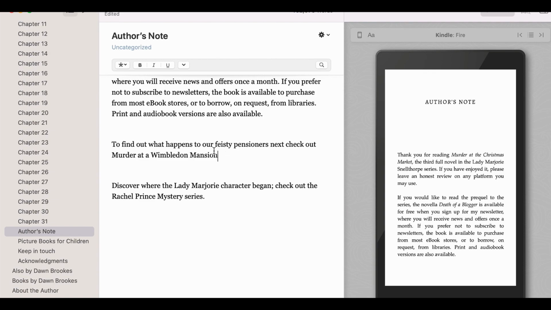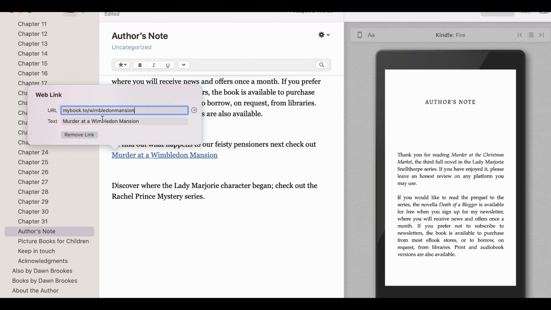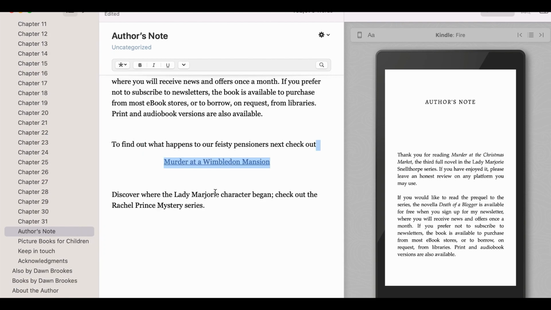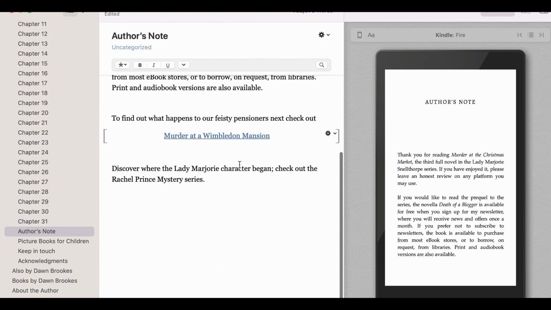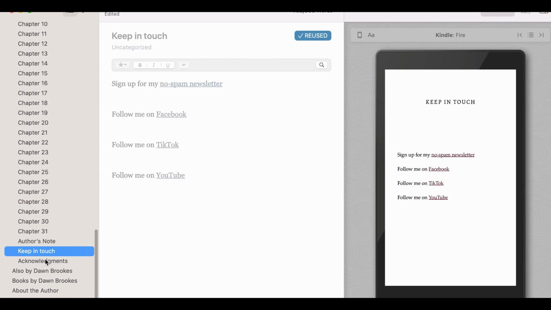And then I always like to put a link to that next book, so I'm going to get the link. Put it in as a web link. That's the way I do it. And then it's there. And actually I'm going to center that there. And then obviously if they want to go back, I just mention the next series. So I'm going to take the picture books out. And then I'm going to